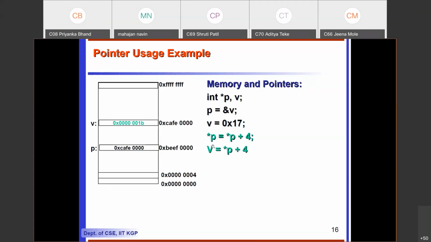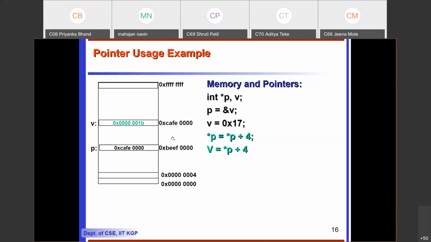So star p equal to star p plus 4. That means star p will go to this particular memory location v, and we get the content 1b. Now star p equals 0 0 0 0 0 0 1b, plus 4. So how much is it? After 1b, 1b plus 4 equals some value.